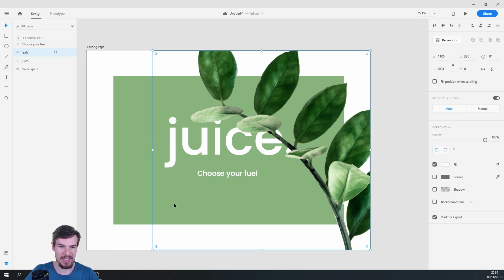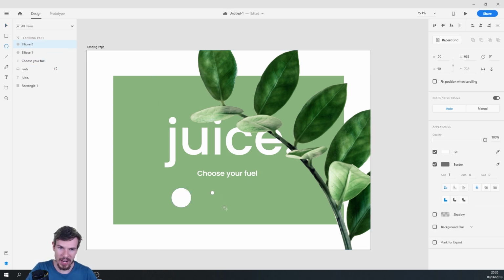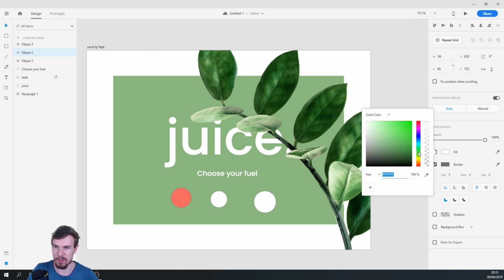That's fine. And next what I want to have is 3 buttons. Now, I could go color here and have an orange button for the orange juice, a green for the kiwi, and what else do I have? I think I have a red one for strawberry. But the problem with that is that you're going to have too many colors on the website and things are going to look kind of weird. So I'll just drag 3 circles here to illustrate this. You can imagine these as 3 buttons. And if I color these, I'm going to have a red one and a greenish one for the